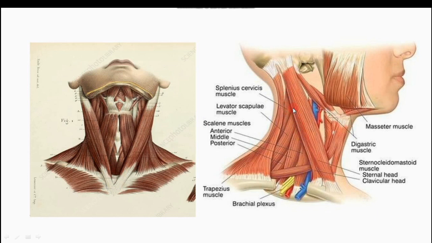Removing the deep fascia, you see the muscle in this paravertebral region. These paravertebral muscles are present adjacent to the vertebral column in the region of the neck. The name of this deep fascia is prevertebral fascia. The prevertebral muscles are present anterior, or rather slightly lateral, so the location is anterolateral to all these vertebrae.